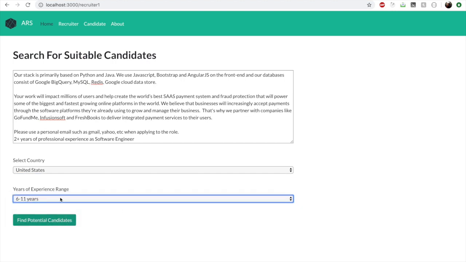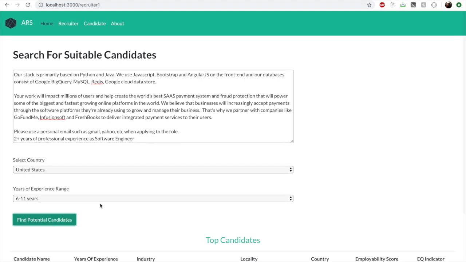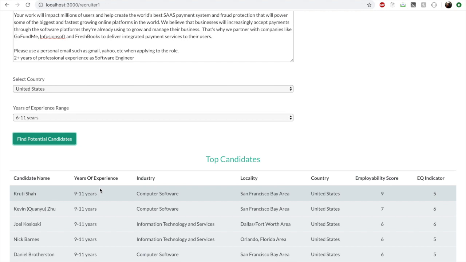Once all this is done and the Find Potential Candidates button is clicked, the algorithm starts doing its work. The system searches across its vast dataset of experienced professionals all around the globe and matches it against the job description. TF-IDF, K-nearest neighbor algorithms, and natural language processing are used along with the candidate ranking algorithm to fetch the